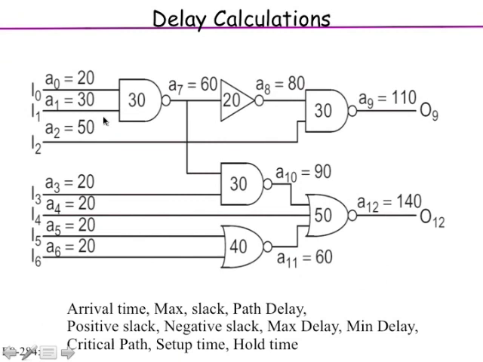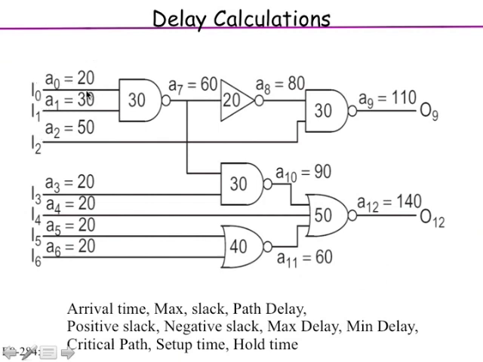The calculation of delay is done with respect to the clock edge. You have a clock which is periodic in nature, it has a certain time period. For every edge of the clock, remember most of the designs we do are synchronous designs and use edge triggered flops. There is a rising edge or falling edge, but for this discussion we'll assume it's rising edge triggered. So there are some input flops, and the rising edge of the flop captures the data from the previous pipe stage and then gives it to this pipe stage.